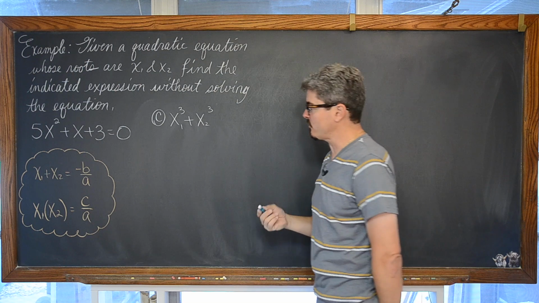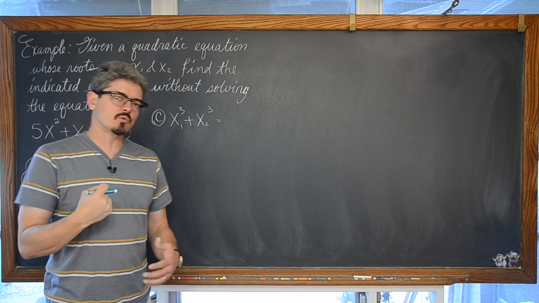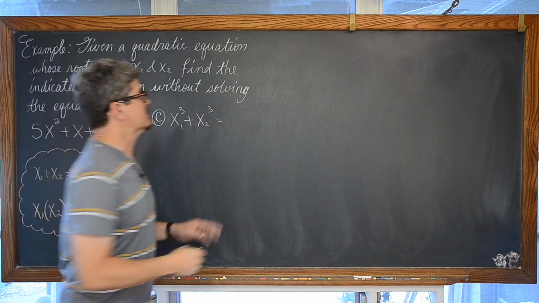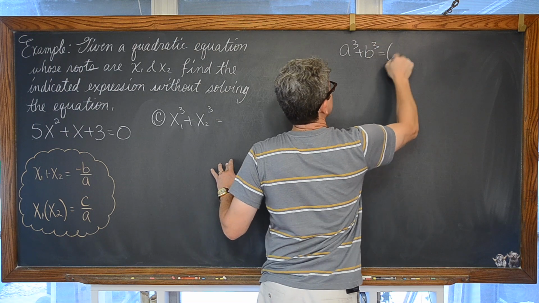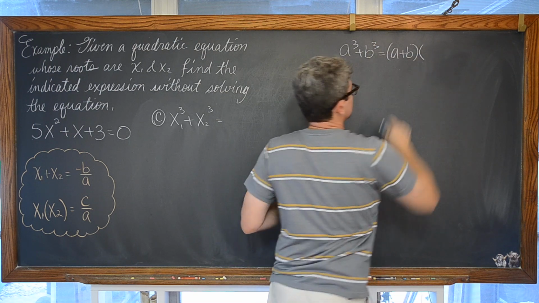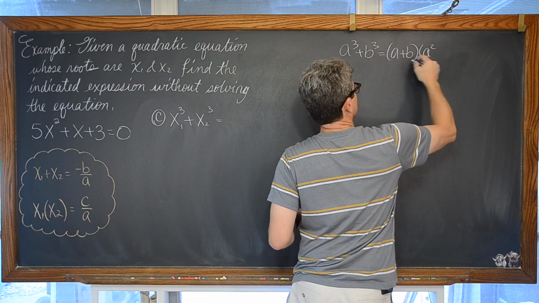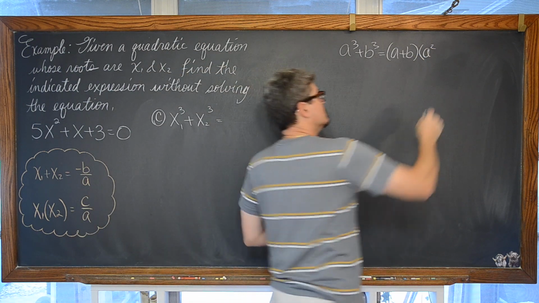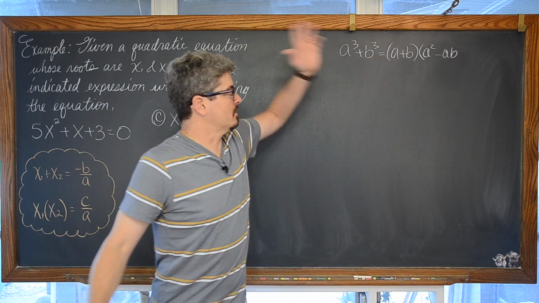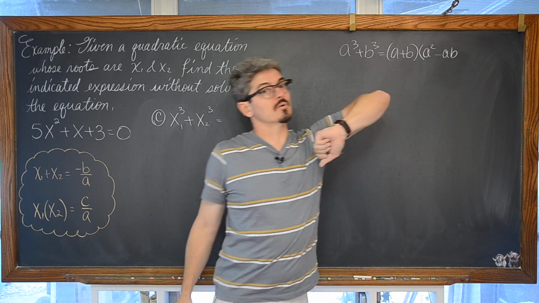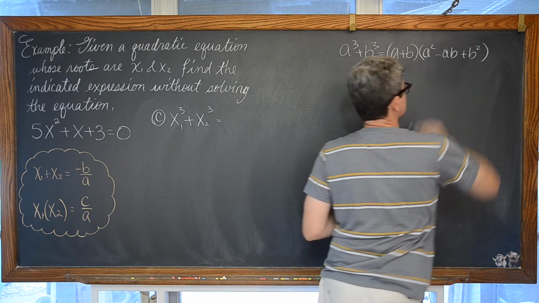And basically, this is just a formula. I mean, there's a way to prove it or derive it, but we need to be able to pull this out of our toolbox and remember that a cubed plus b cubed is equal to a plus b, so you take the cube root of each of those terms, and then that is times a squared. Whatever this is now, you're going to change the sign, so minus ab. Every new school year I have to go look up, is that just a coefficient of 1 there or 2? But it is minus ab plus b squared.